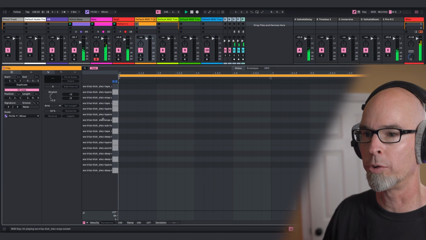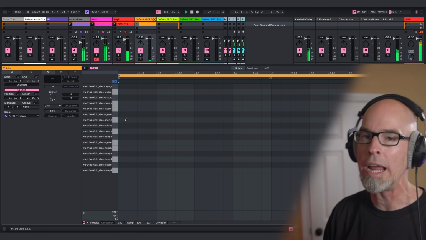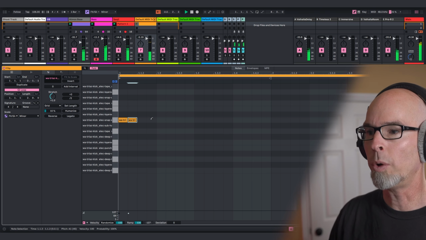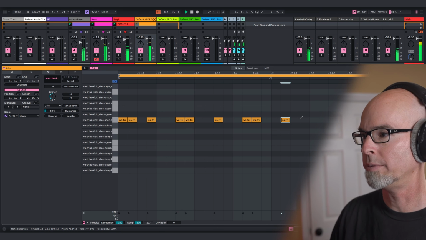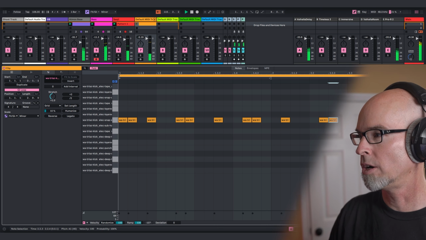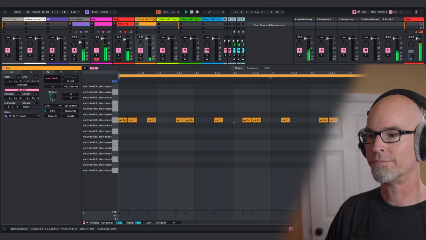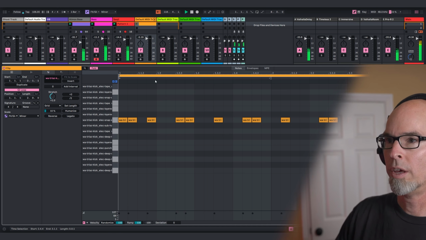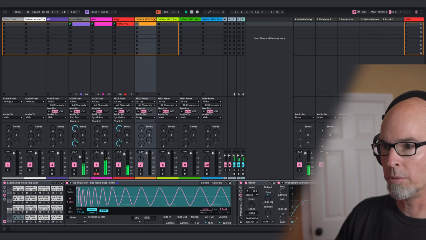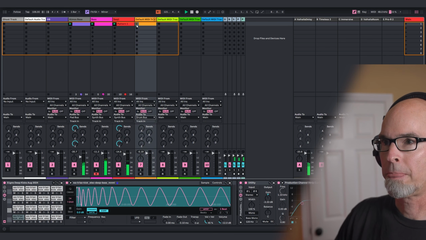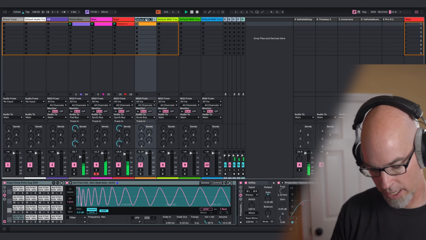So I'll just go ahead and run through them, right? I kind of like that one. So I'll go with that and I'm gonna just spray kicks down everywhere except the 1-2 and the 1-4, because that's where my snare is gonna go, right? So I'll just go ahead and lay down some kicks here. We'll see where some of these go. So let's go ahead and adjust our gain here, put this through the drum bus, and we'll rename this kick,